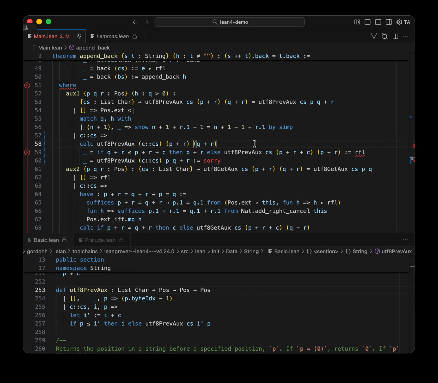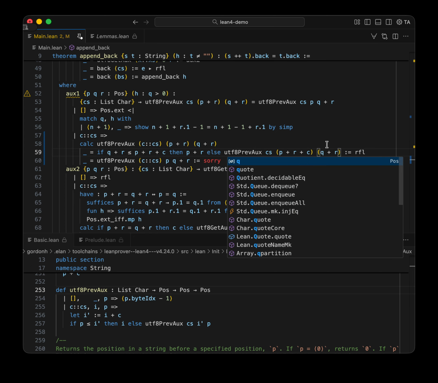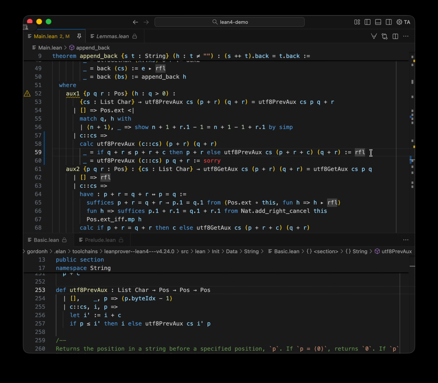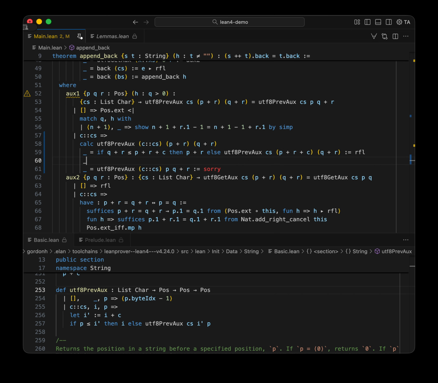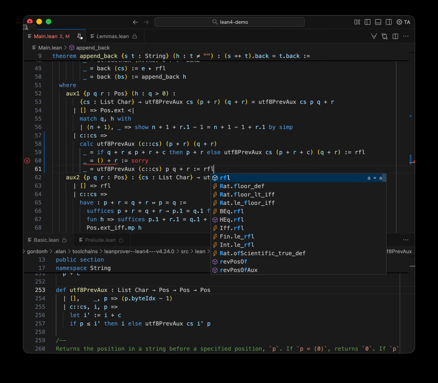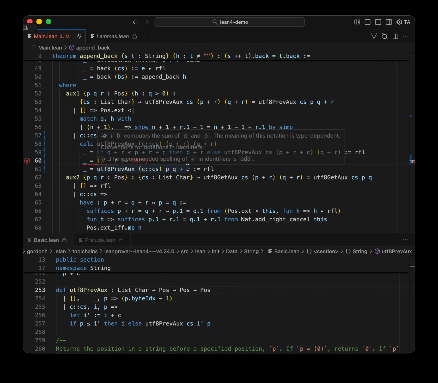Okay. Typed something wrong. Oh, okay. Reasoning from bottom up. It should be a lot shorter. Something plus R. And then wanting it to be definitionally equal